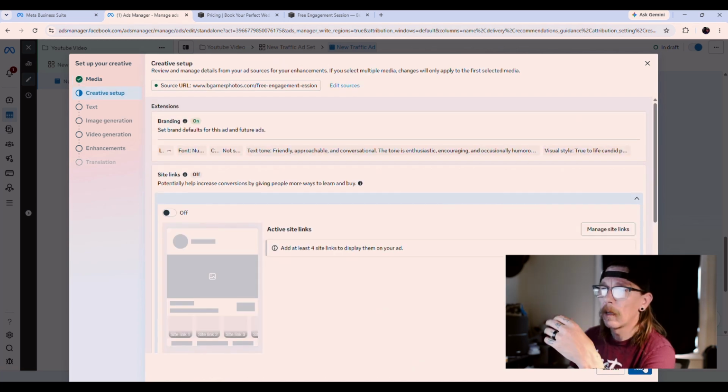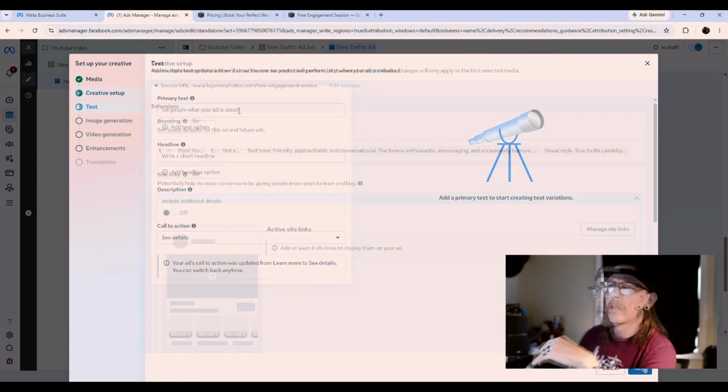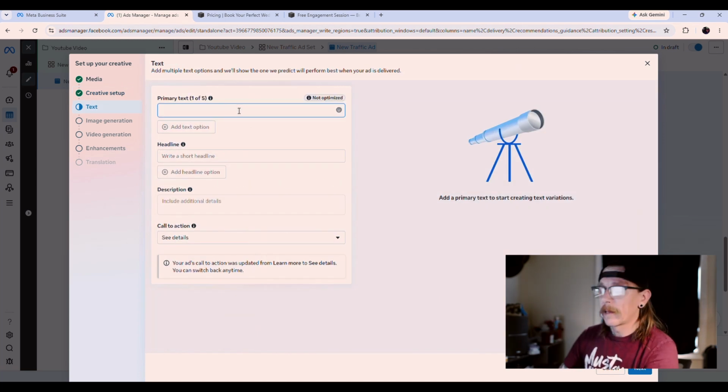The more the better. Just make sure you've got a good solid image in there, something that's going to catch people's attention. So now this is where you're going to put your primary text. What I do is I'm pushing a free engagement session, a complimentary engagement session when they book me